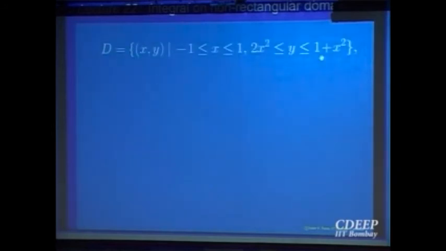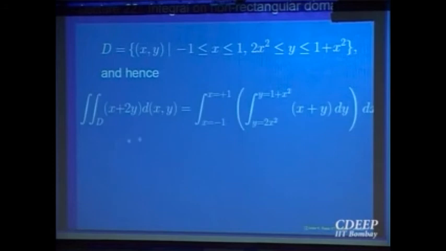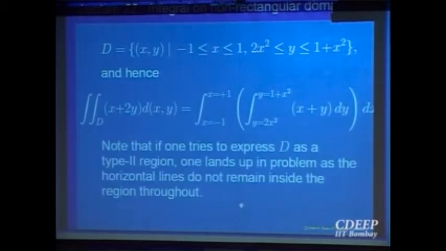So this is what it comes out, x between minus 1 and 1 and y between 2x square and 1 plus x square, and then you integrate out one variable at a time. So let me not bother much about that. The integrals are simple ones. The main point is,